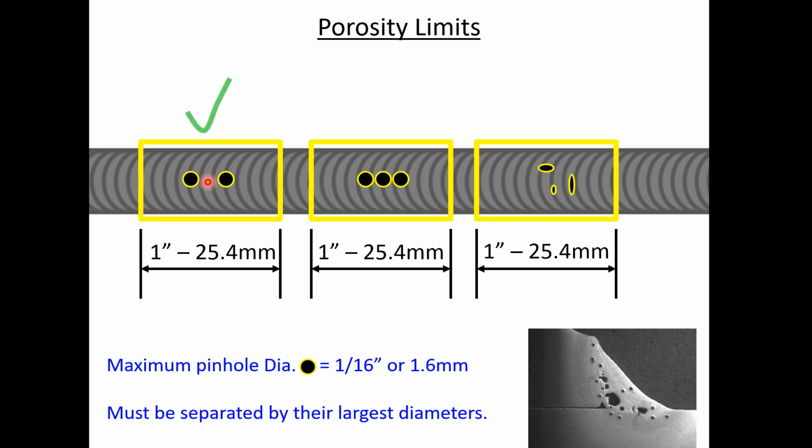We've got a gap. Overall, this would be a successful analysis because we've said it's okay. There's a gap between the two of them that's separated. Now, would you actually leave it? Might you let two 1/16ths go through? Yeah, you might. But most people would take a grinder, touch it with a grinder, because porosity cannot be just